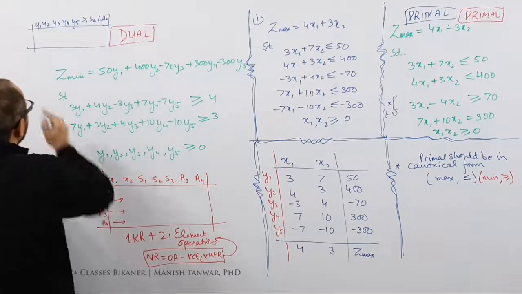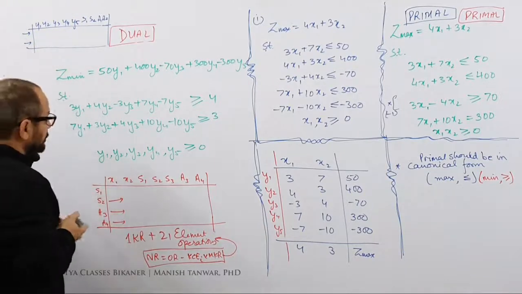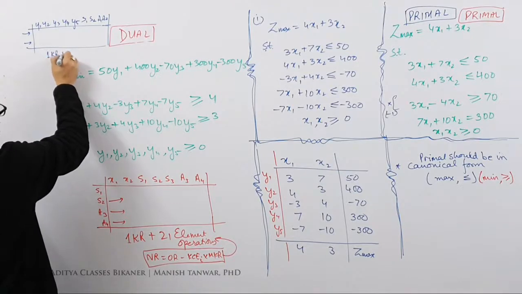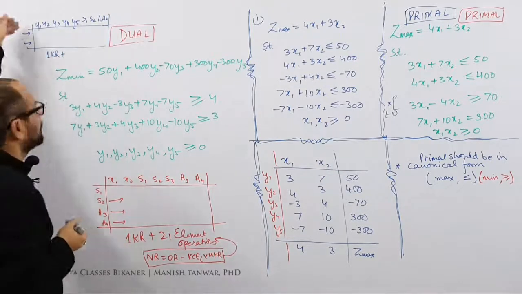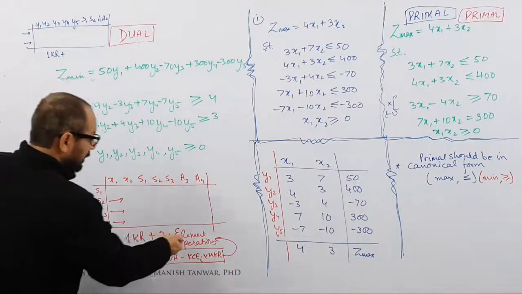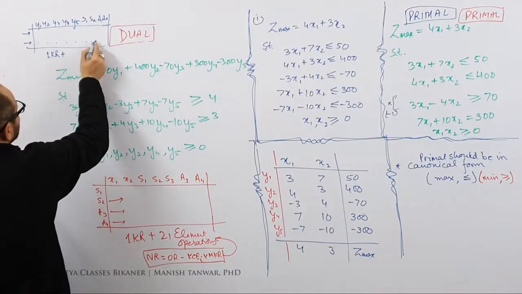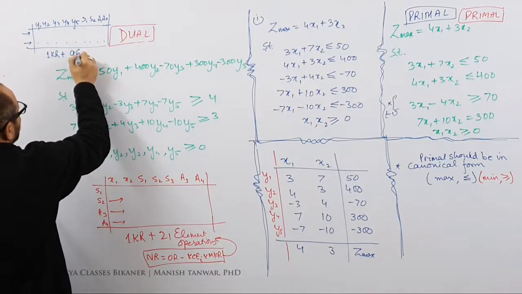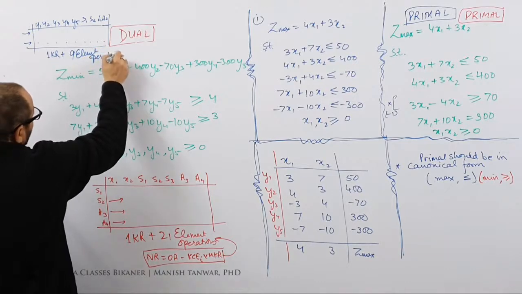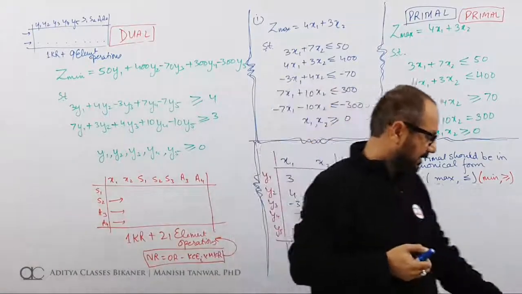And this time I would be having only 2 rows, 1 row and 2 row. How many calculations do we need this time? One key row calculation. Obviously, one of these would be key row each time. One key row calculation and then element operations. This time I would be having 1, 2, 3, 4, 5, 6, 7, 8, 9. Only 9 element operations. So you can see the power of formulating a dual.